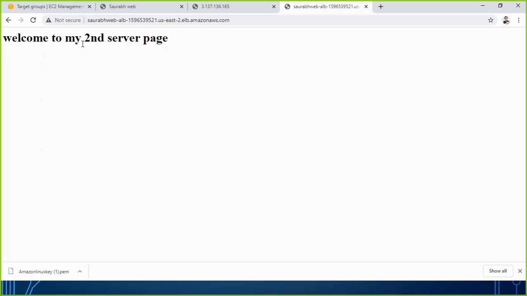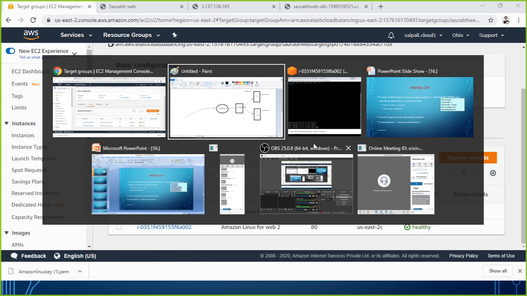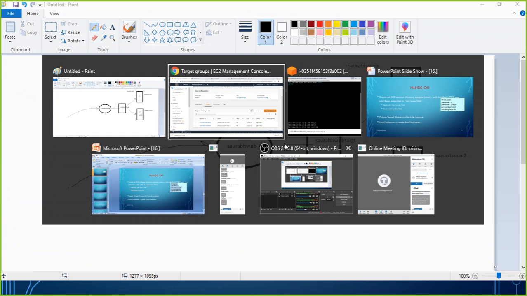Load is being balanced. The same domain, if somebody is accessing, load is going to the first server and it is responding. Somebody else is asking, the load is going to the second server. Now what happened, maybe if one of these machines becomes unhealthy, let's do that. So maybe I access any one of them,